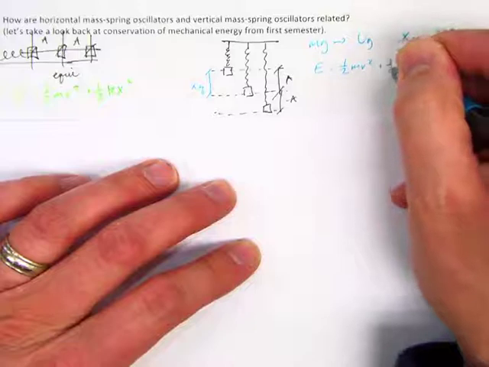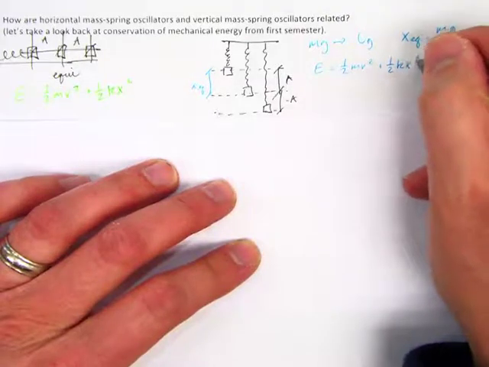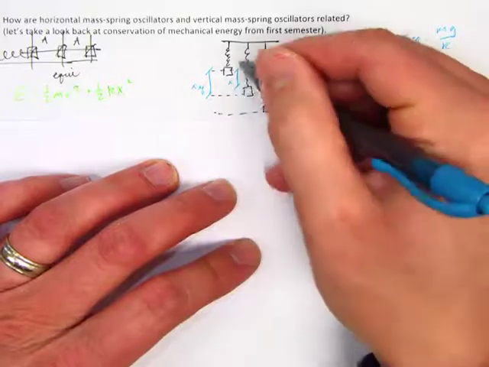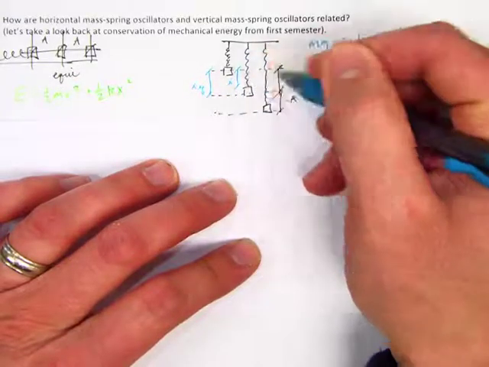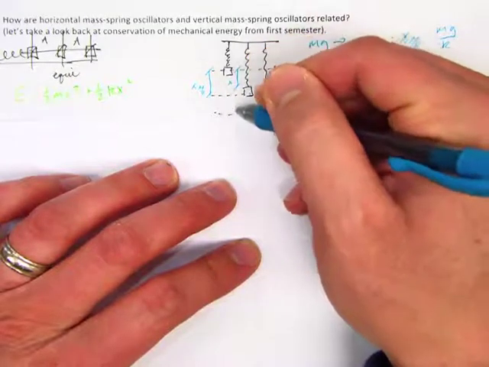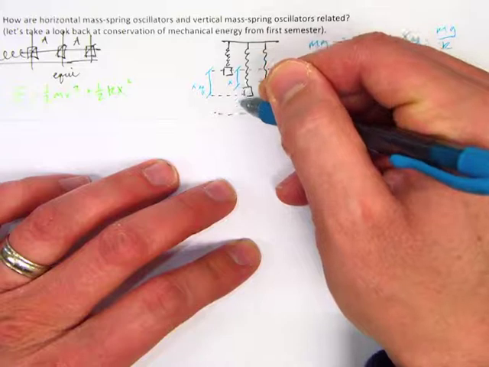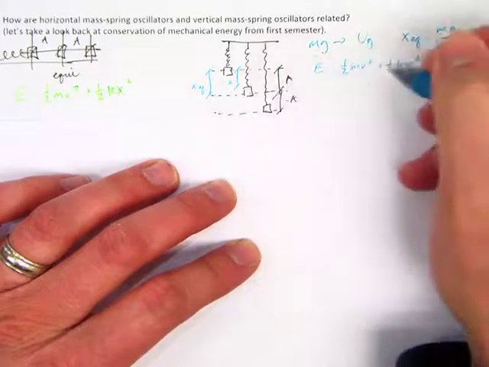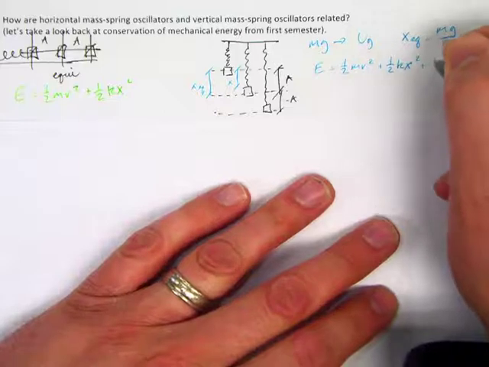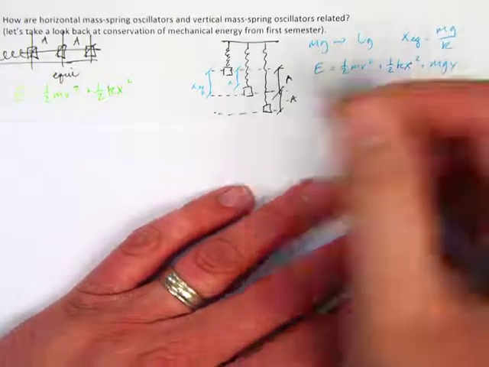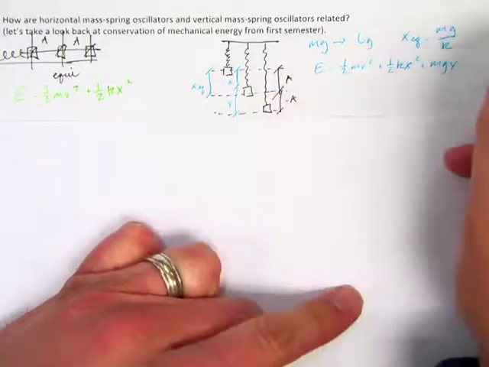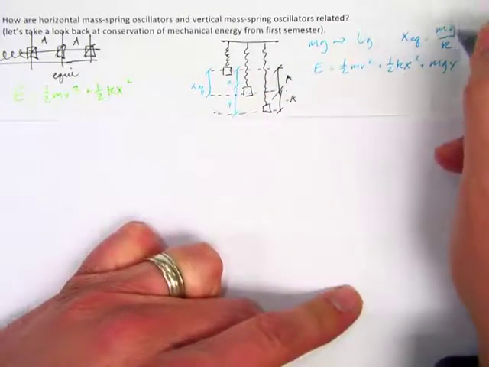plus 1/2 k x squared, where x is measured as the stretch from the vertical highest point down to wherever it is, since this is where my spring is at minimum stretch or unstretched, and this is measuring downward. This x would be a positive increase in spring potential energy, plus mgy, where y will be now the height above the 0 point. I can use this relationship